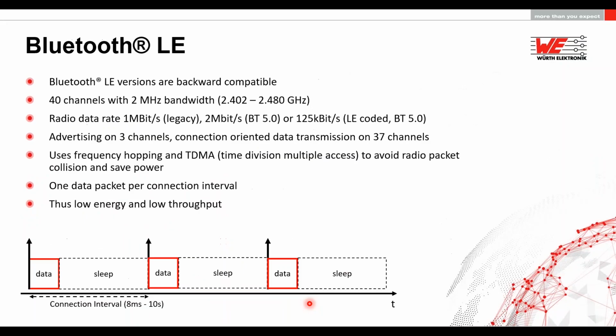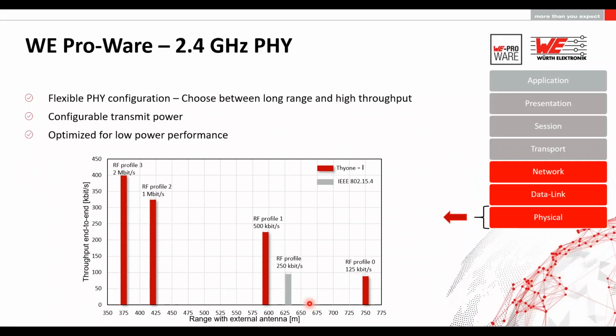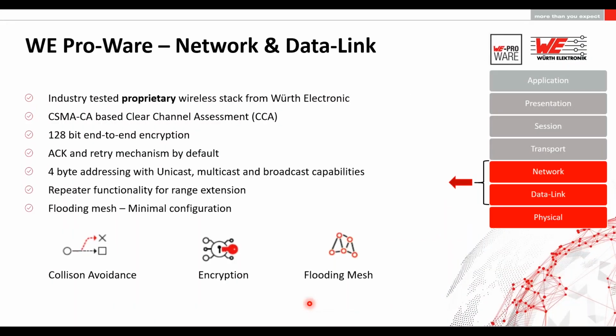The proprietary radio doesn't require any kind of connection because it is a connectionless system. So you can create a network using the 4-byte addressing and you can address specific modules. So there is no need of any kind of connection setup. Whenever there is some data to be sent, you can either send it to a specific address, a group of devices, or all the devices in the vicinity. So it is very simple, and there is no connection establishment necessary.